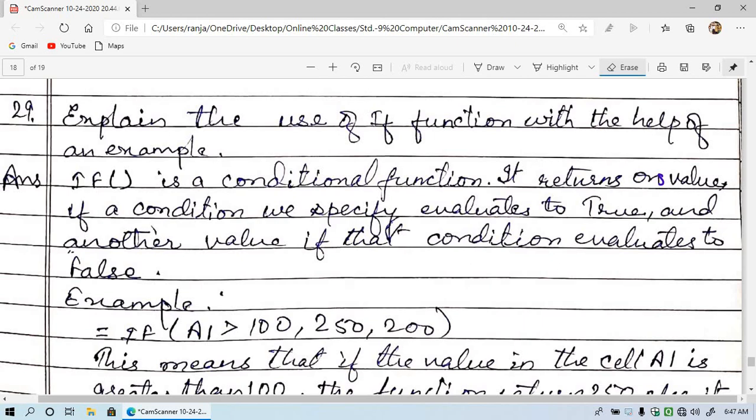So it returns one value, means the first value, if a condition we specify evaluates to true, means if the given condition is true, it gives the first answer, and it gives another answer or another value if that condition evaluates to false. If it is false, it will give another option, another answer.